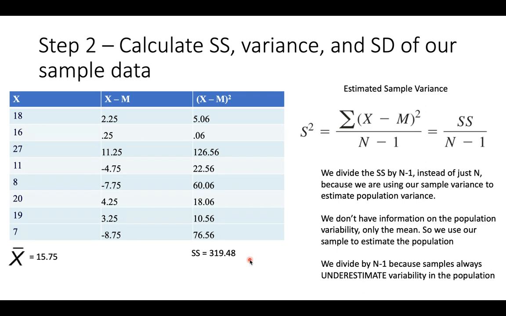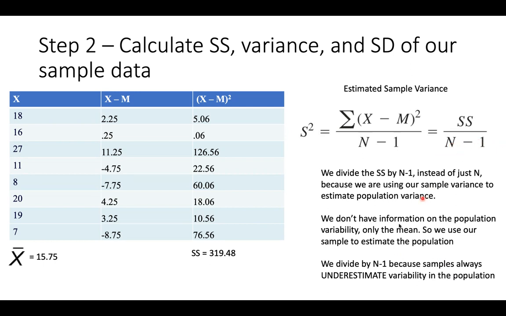And so because we will always sort of not quite estimate the population correctly, we compensate for that with n minus 1. This helps us estimate the population more accurately, because a group of 8 people is more likely to vary than the population. So to deal with this underestimation, we say our denominator for variance is n minus 1